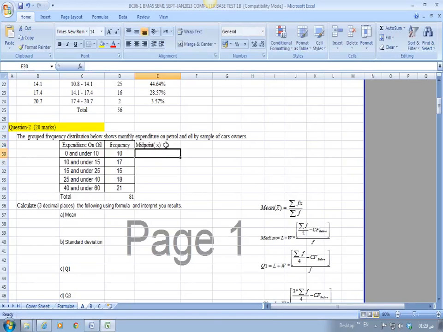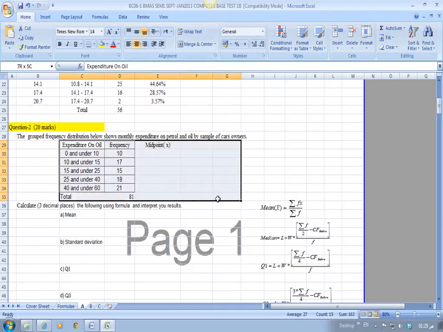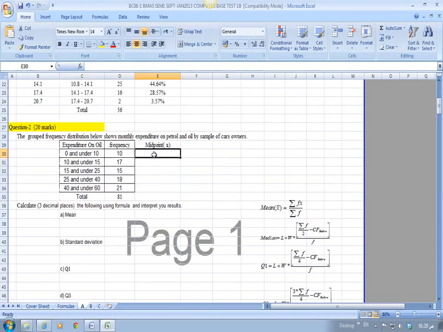For the first class, the midpoint between 0 and 10, without calculation, you can say the number in the middle between 0 and 10 is 5. And by calculation, you make equal, and this is very important, open bracket 0